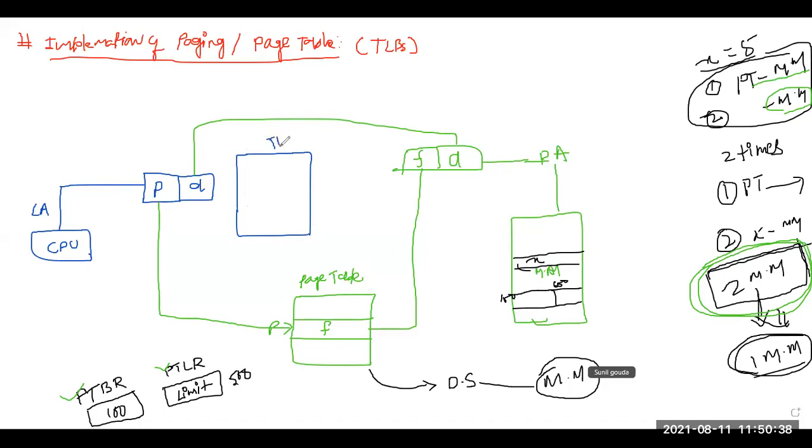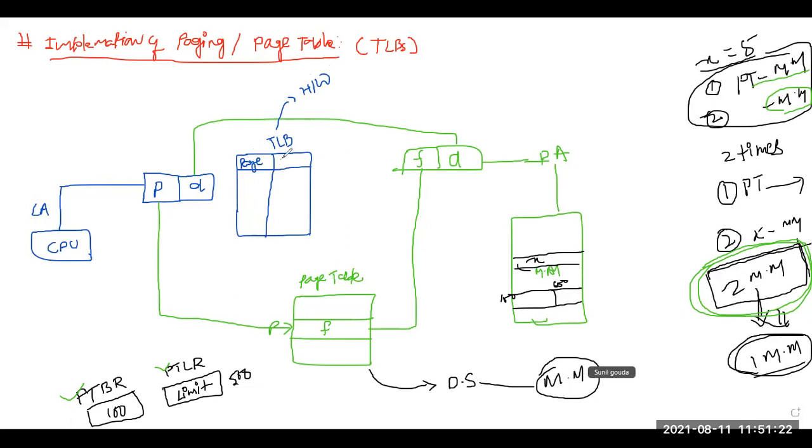Now TLB is not a software, remember. TLB is your hardware, which stands for translation lookaside buffer. What does this TLB stand for? First of all, remember this is your hardware, and it stands for translation lookaside buffer, or sometimes it is called associative cache memory. And what does this TLB consist of? Now this TLB basically consists of your page number and frame number. What does the TLB consist of?